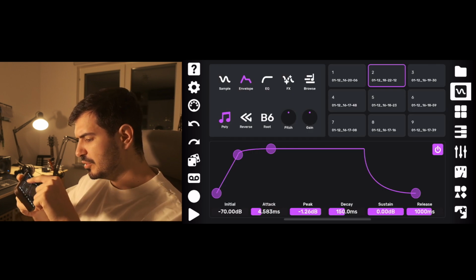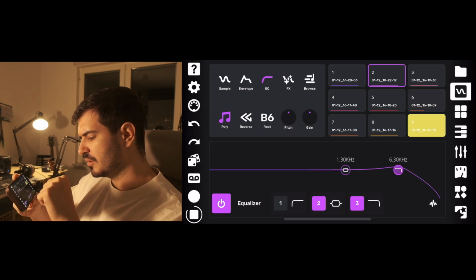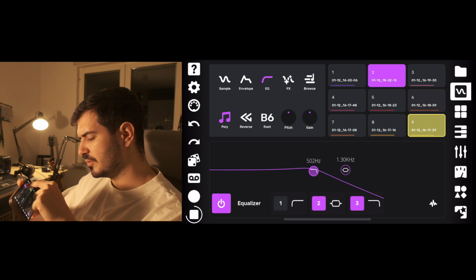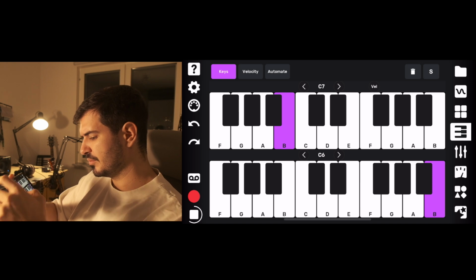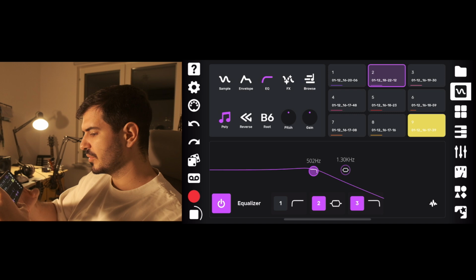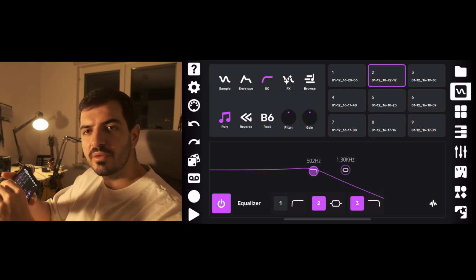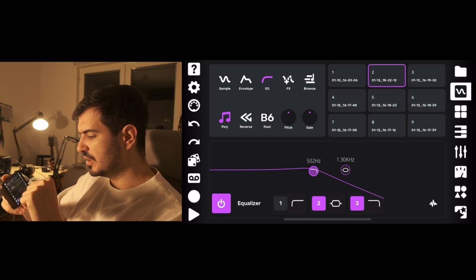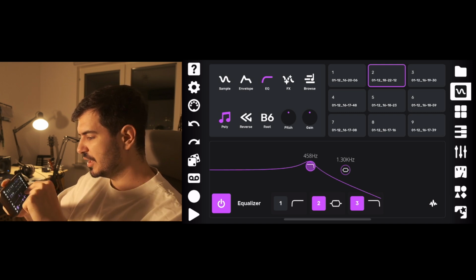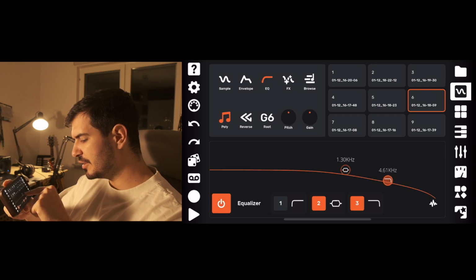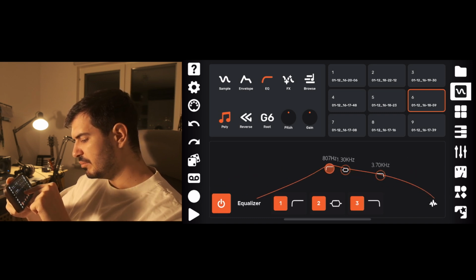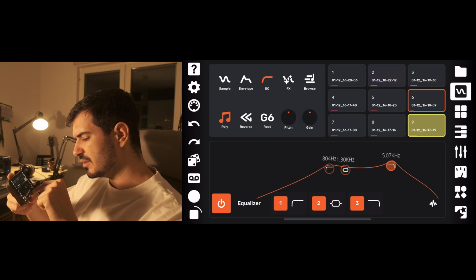So this is going in the direction of a groovy kind of electronic thing. So I'm gonna remove a little bit of the bass,